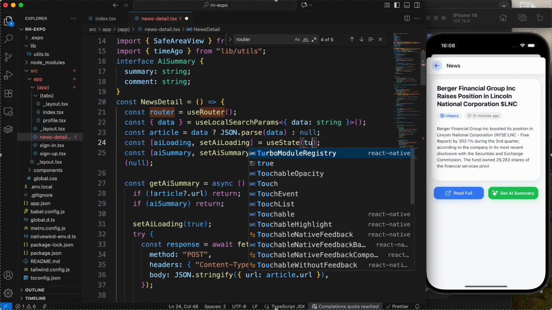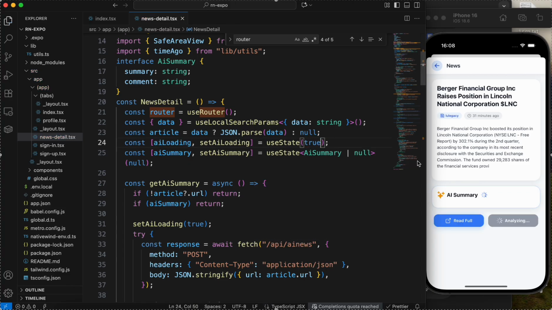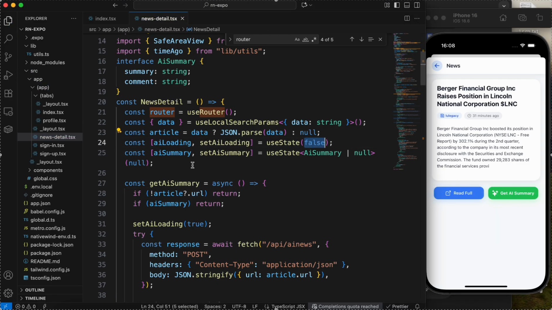And at this time, we can say, if AI loading, we give this false. If it's true, the UI should show this. And this is disabled and shows this. So the initial, we give it false. Okay. And for the UI,